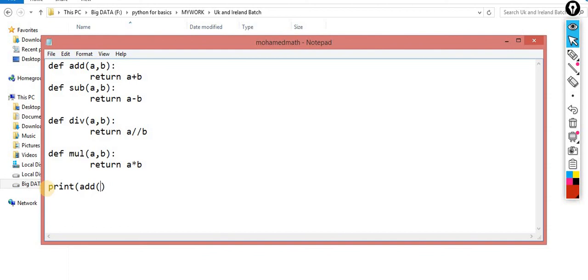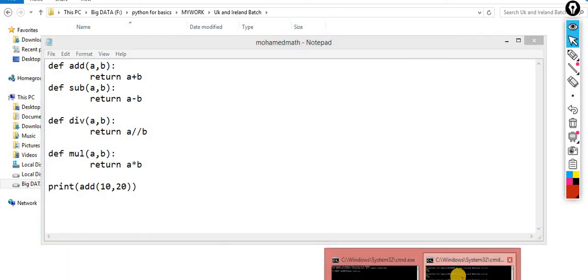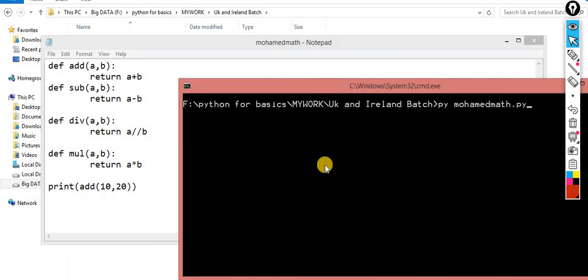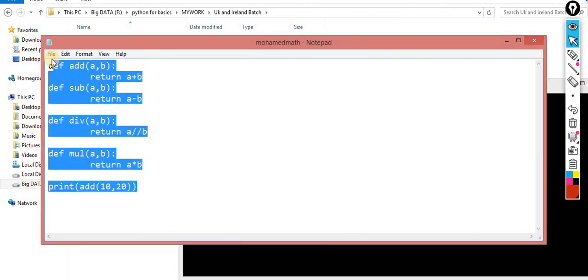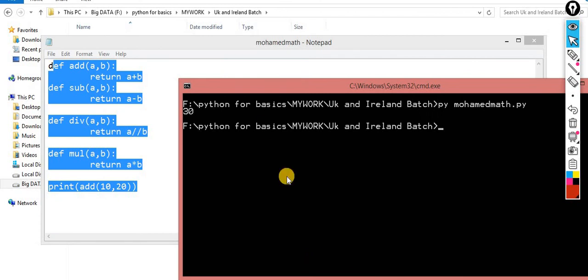Yes, of course I can do it. 10 comma 20, there is no limitation. Now this time I print, I am calling this Muhammad Math. Inside Muhammad Math I executed it, and what output will I get? I will get the processing, that is 30. Now understand the concept. This is a simple thing that we already did n number of times. Nothing new, because it's also a Python file. I can execute something like this, so don't worry about it.